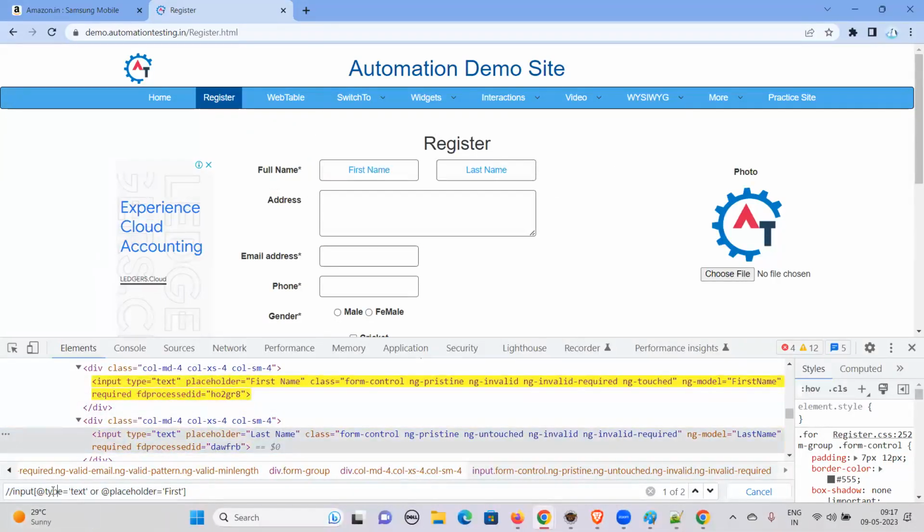For example, first what I'm going to do is I'll take placeholder is equal to first name, OR type is equal to